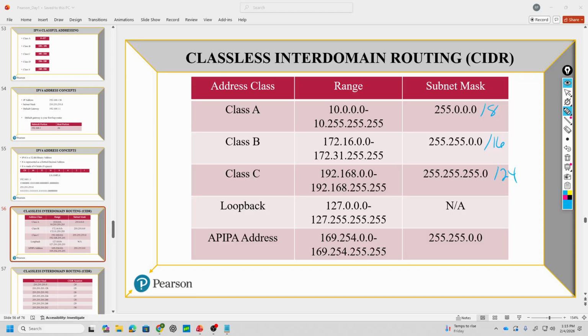172.32, that's publicly routable, okay? Those addresses have already been sold. Class C, they carved out the 192.168.0.0 all the way through 192.168.255.255. Again, if you saw an address that was 192.166, that's publicly routable. Or 169, that's publicly routable. So you definitely need to be able to recognize a private address from a public address, right off the bat,